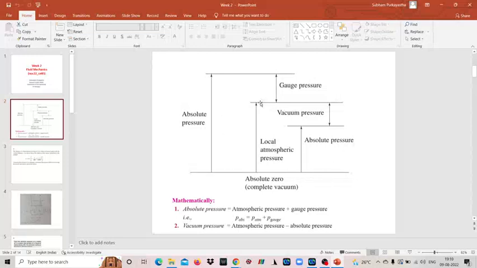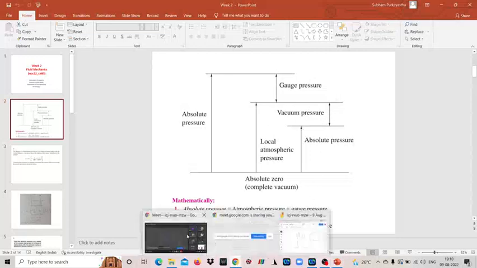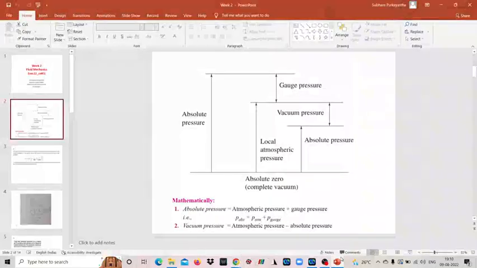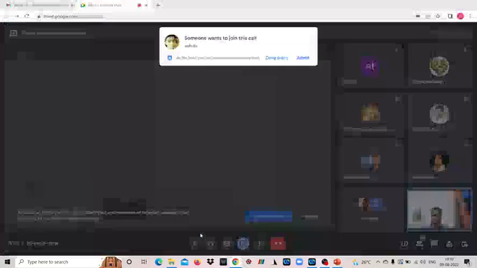But if you measure the pressure with respect to this atmospheric pressure, this pressure is known as vacuum pressure, because when you are measuring with respect to the atmospheric pressure, atmospheric pressure is considered as a zero level, and something less than zero means it is negative pressure. So that's how it is known as vacuum pressure. So mathematically, what are the relations? Absolute pressure is basically atmospheric pressure plus